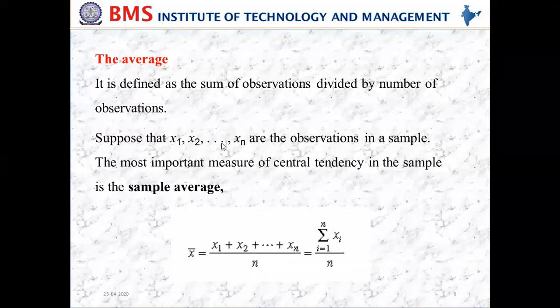There are n observations which you have collected. Among all the n values, you have found the average of all those values. That will give the center line. And among these n observations, how many observations will tend to fall on the center line? That is what you can call central tendency.